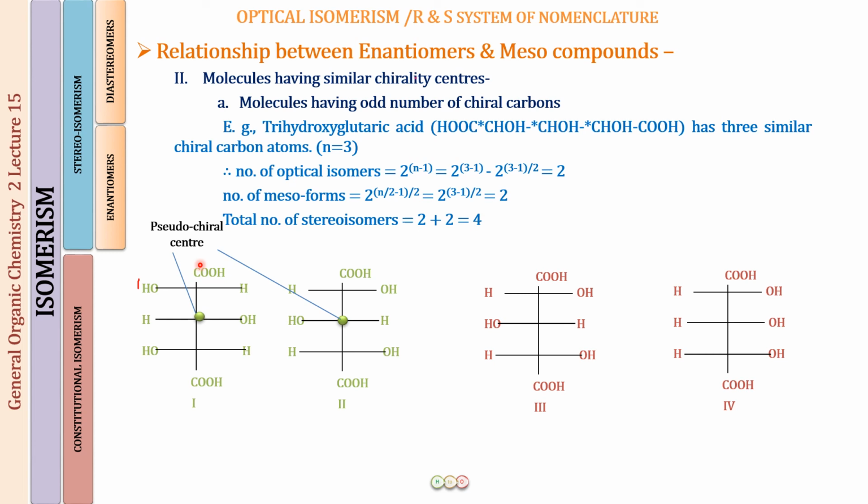Okay, so I hope now you are clear about this, and then you can just apply the formula for the total number of optical isomers, the meso isomers, and the total number of isomers. Now let us look at structure number 1 and structure number 2. What do you find? These are mirror images of each other and they are non-superimposable on each other. If you write down the configurations for them, you will see that at each of the chirality centers there is going to be a different configuration. Therefore, they are going to be enantiomers.